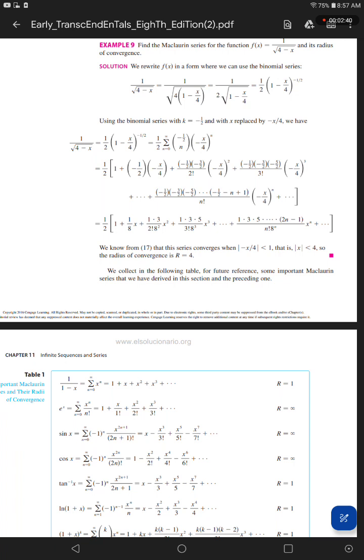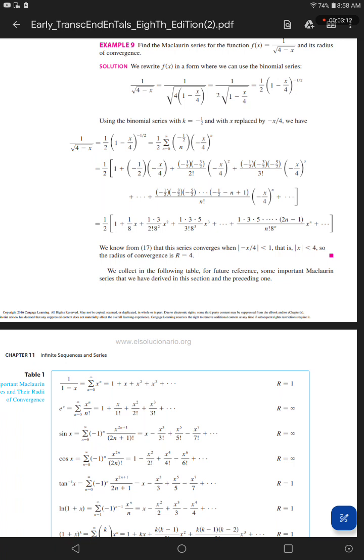(negative 3/2)(negative 5/2) ellipsis (negative 1/2 minus n plus 1) over n factorial times (negative x over 4) to the power n plus ellipsis] equals 1/2 [